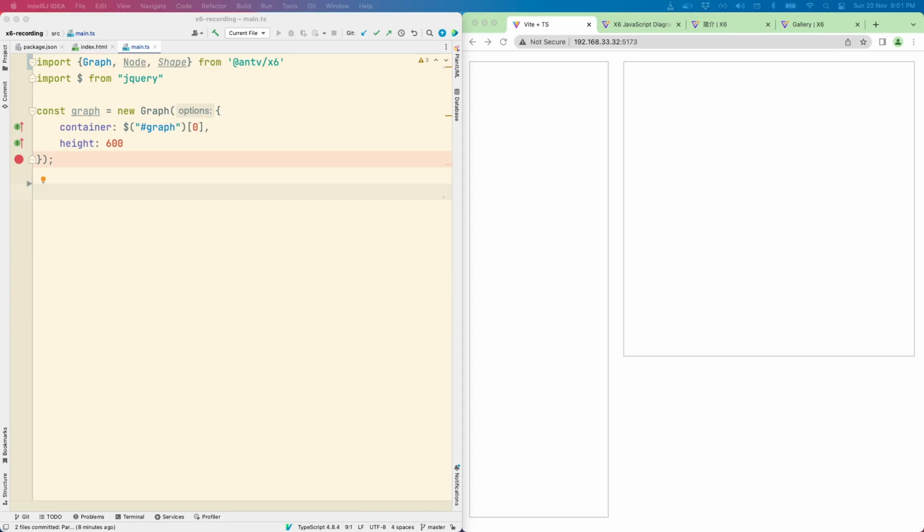So now what I want you to do is imagine that we're creating a diagramming tool for a workflow engine. We're going to want to have shapes that represent input, process, and output. So we're going to create custom node classes that are child classes of the built-in rectangle shape.